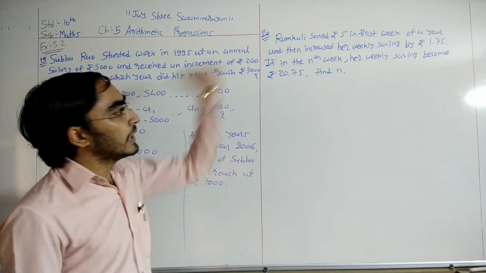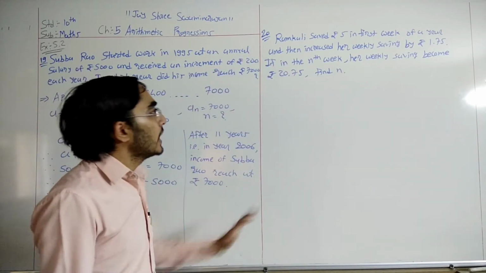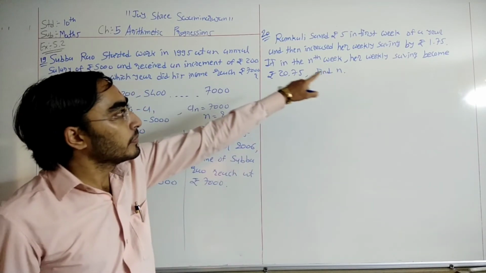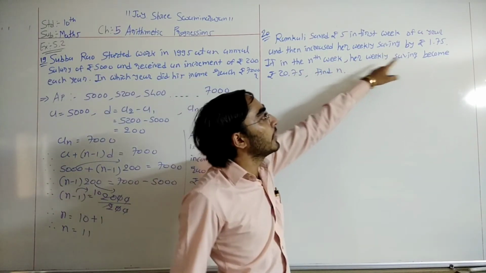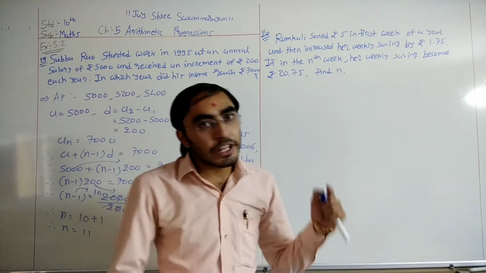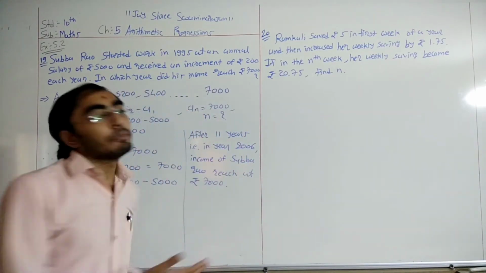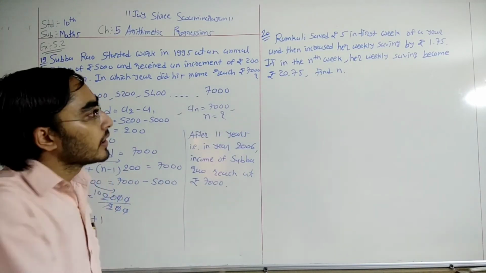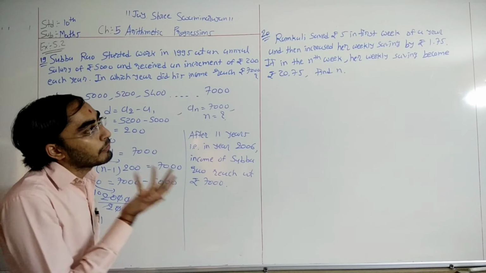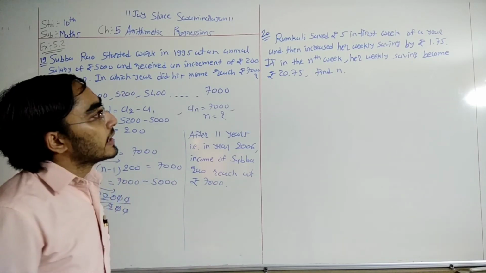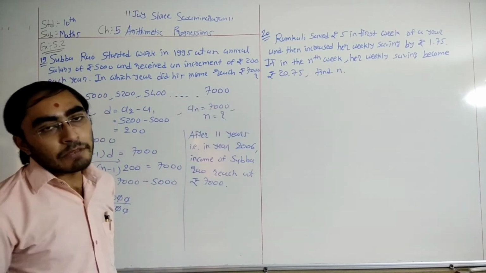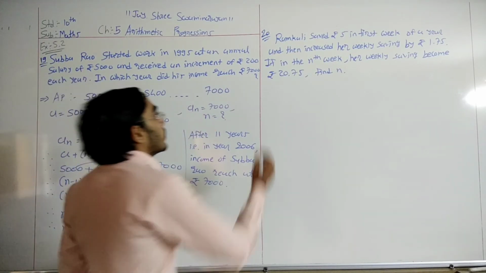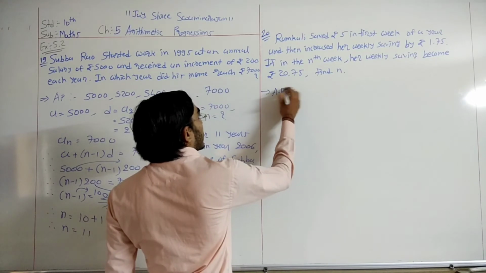Okay, so here we have a similar type of question and we need to find the value of n. And one more thing, every time he increased the saving by 1.75. So every time the increment is the same, so it forms an AP. Every time he saved 1.75 rupees more, right? So every time we need to add the same value, that means it forms the AP. So here we can form the AP.